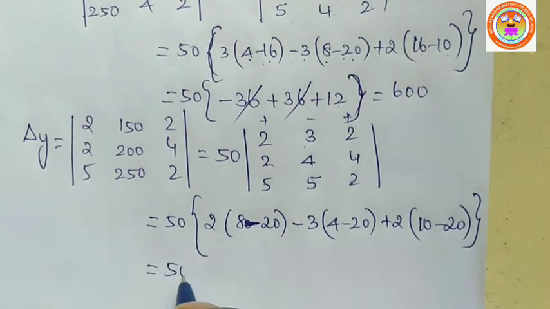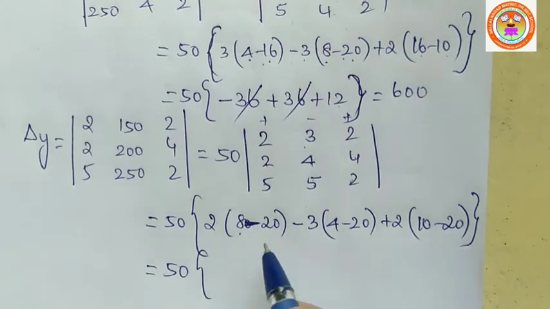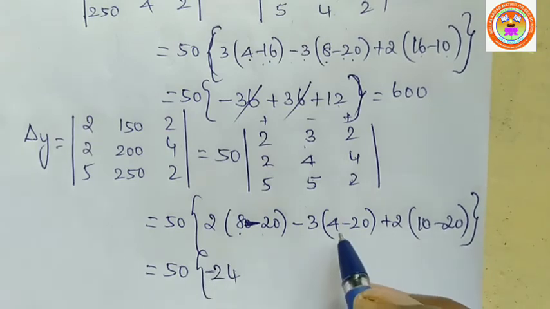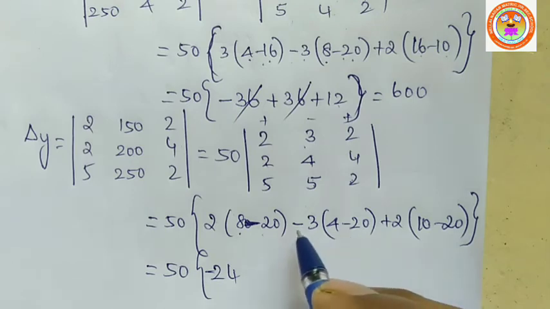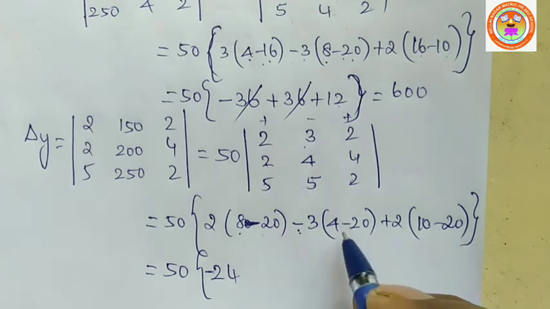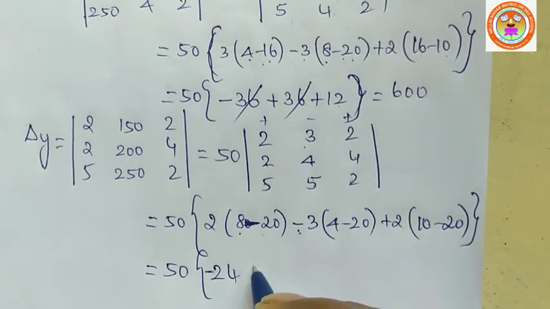That is 50 into 8 minus 20, that is minus 12. 12 times 2, 24, minus 24. 4 minus 20 is 16, minus 16, minus 3. So minus 3 into minus 16, minus of minus plus, 3 times 16 is 48,